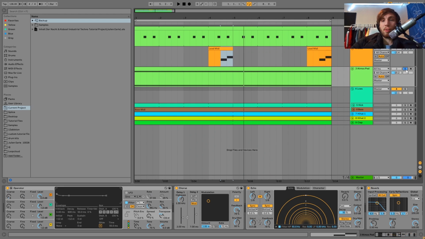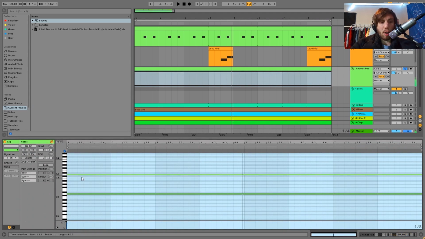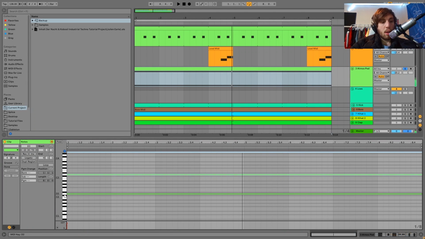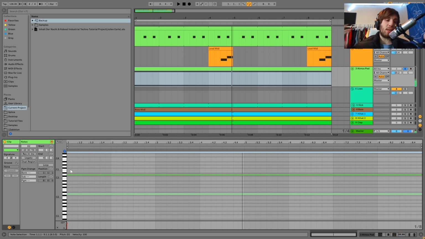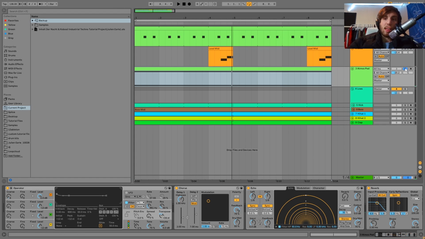After that, we have this atmospheric pad, which sounds like this. So what this is, it's just playing D across 2 octaves. You can see that's all it is. Again, we're in D minor. I didn't add any other voices. It's literally just the root note of the key, just to kind of add some nice atmosphere musically. If we turn this off,